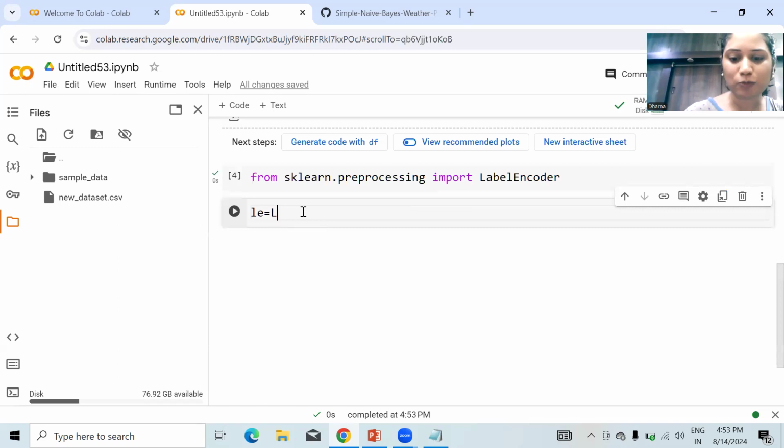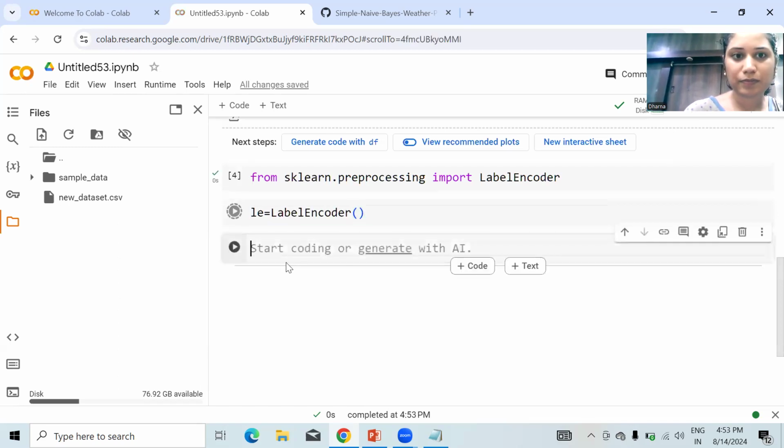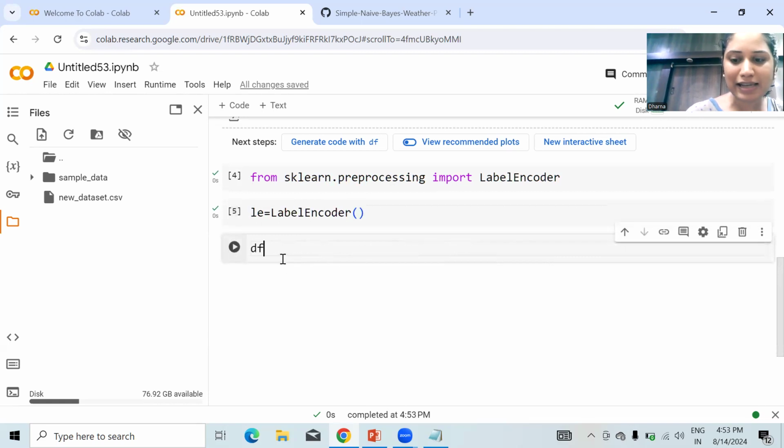Now we will create the object of this class, and then we will select the column. I'm going to encode the Outlook column, so I'll write df of Outlook. We will write le.fit_transform on df of Outlook.